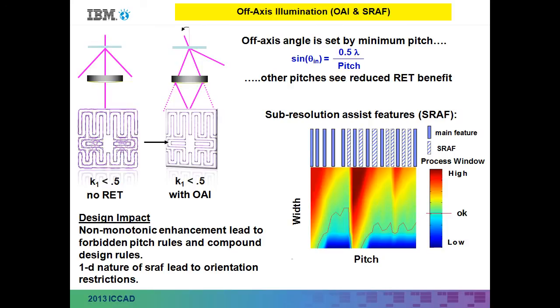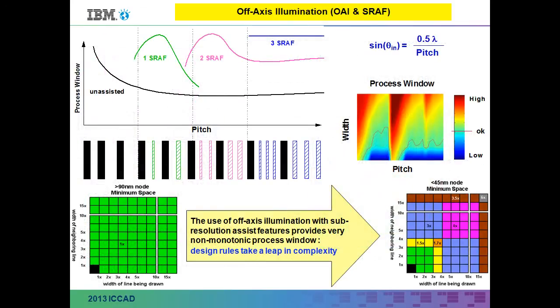There used to be a time when all you had to worry about was the minimum dimension, the smallest pitch in your design. That was the hardest thing to make. Now you can have features that are quite loosely spaced, but they're in this forbidden pitch region, and we still have no idea how to make them. So that had a quite profound effect. And up here is just another cartoon illustration of if you do nothing, then the process window degrades,